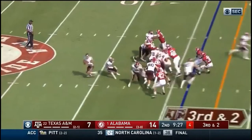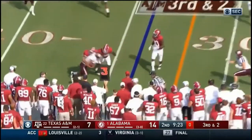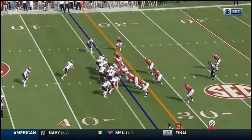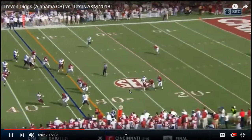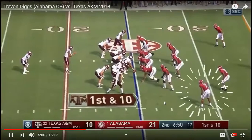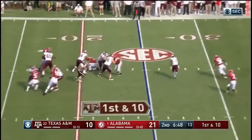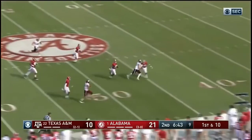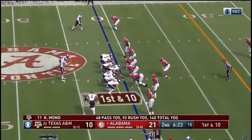Then two. Nice discipline. Great shot, the whole defense. Yep. Oh, fantastic. Fantastic discipline. Nice. Great pursuit. Get to see a little bit of the speed. He's not as fast as the quarterback, but